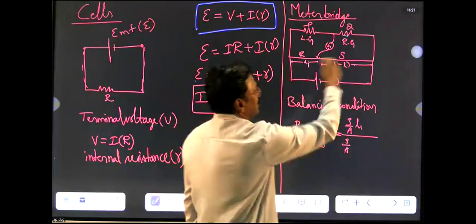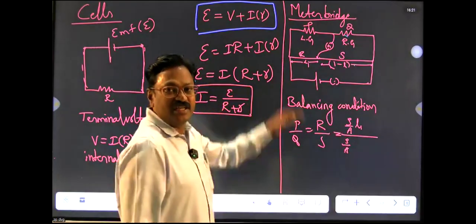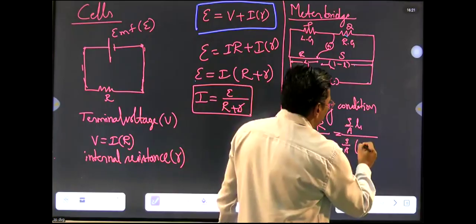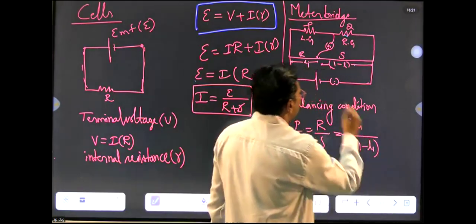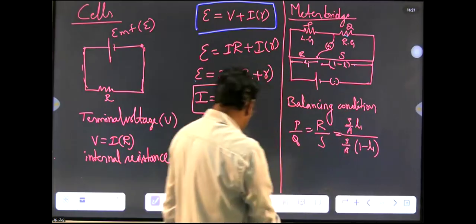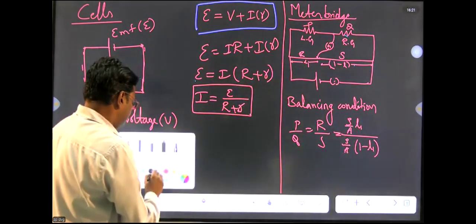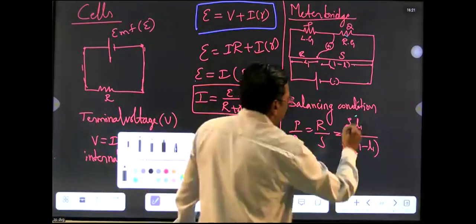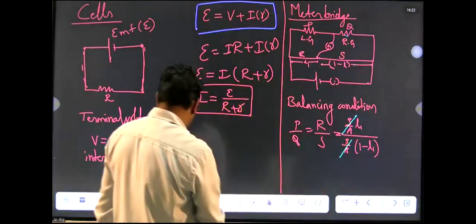The resistivity is the same throughout this wire, and its area of cross section also is constant. So the remaining length we can write as 1 minus L1, where L1 is the balancing length. Now let's cancel rho by A. If you cancel rho by A, then we get